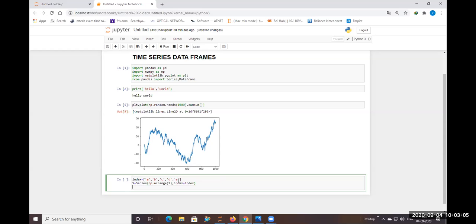I need to represent the index variable in one series format. So I've taken a Series as the variable s with numpy arange of 5, and index equals index. To get the output, I'll write s.values and check the output.